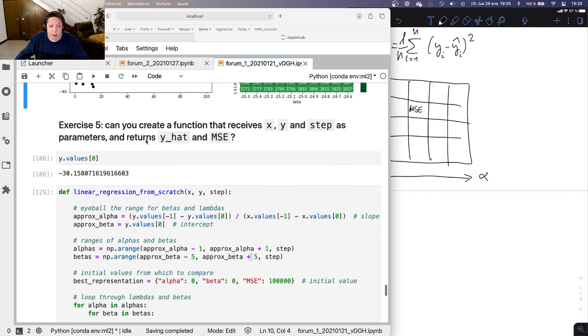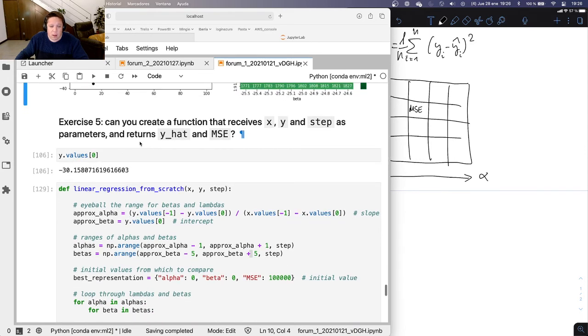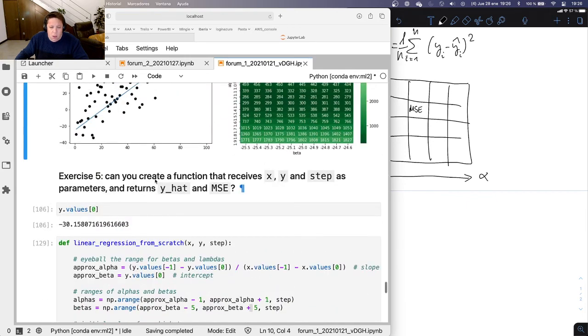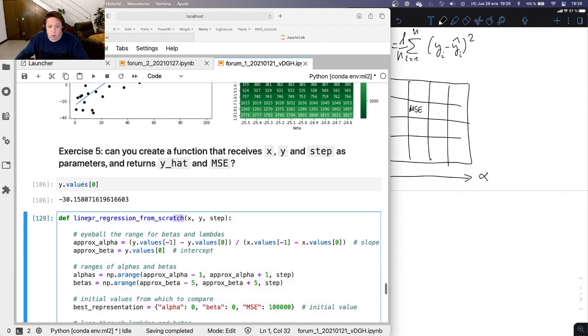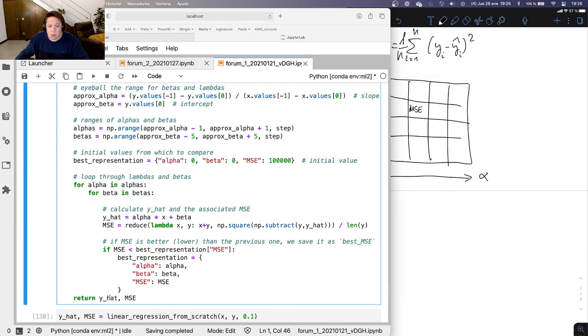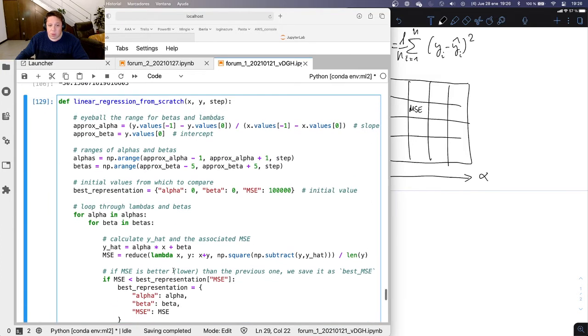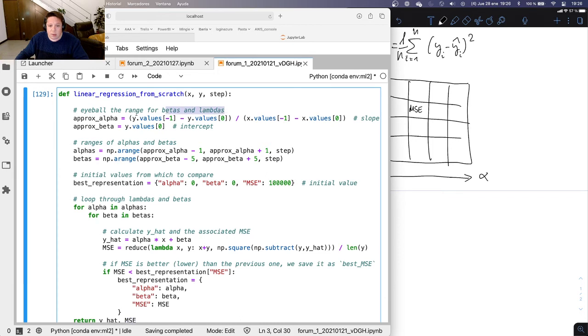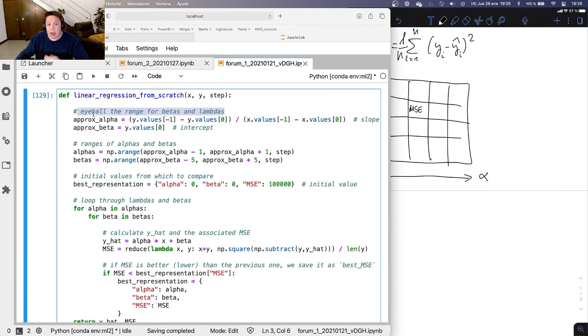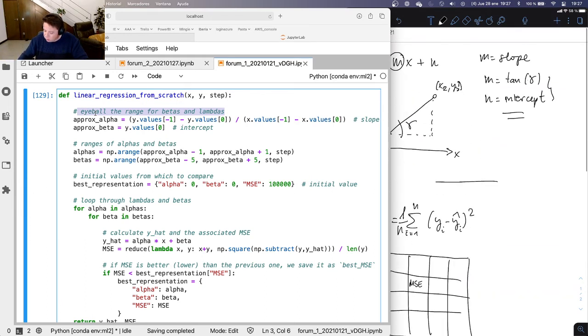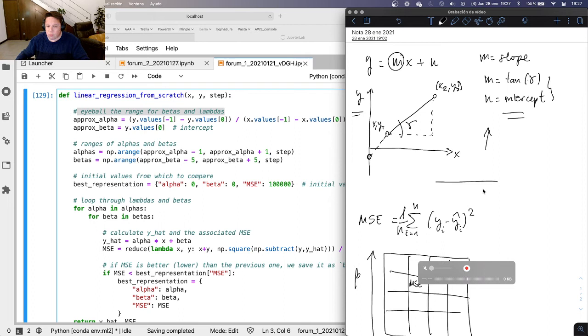And as the following exercise, and I think it was the last one, what I asked is to create a single function that receives x and y and the size of the step and yields our representation and the MSE of that representation, okay? So what I did here as a starting point is to first eyeball a value for alpha and beta in order to have a baseline, okay? And for this, what I did is just apply exactly that, the basics of our